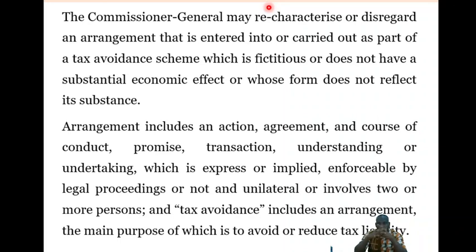Why were they doing this? Look at the arrangement. Why were they carrying out this arrangement? The arrangement was to engage in tax avoidance, to avoid or reduce their tax liability. Now, note, by supplying the meat at exorbitant prices to the hotel, the revenue of the cattle farm will be so high, which will mean that their profit will be so high for that matter. Now, the purchase cost of the hotel will be so huge because of the price at which they are buying the meat from the subsidiary.